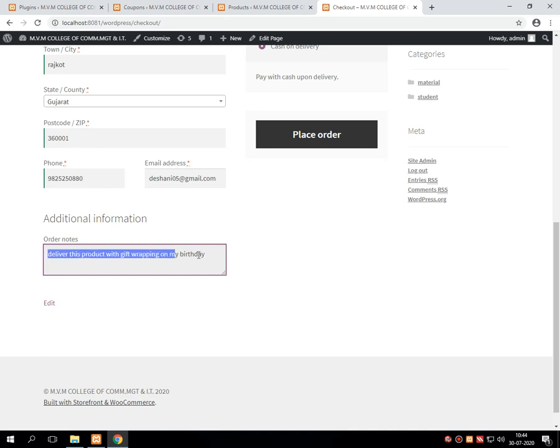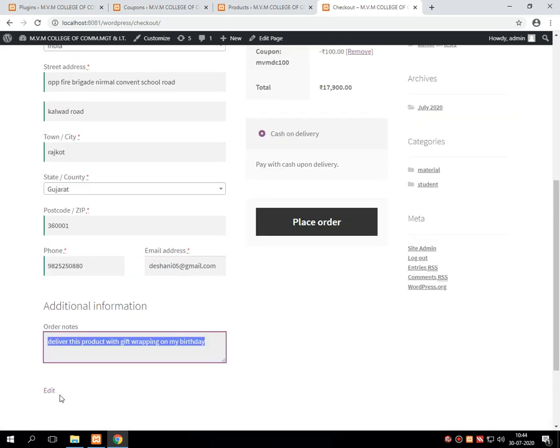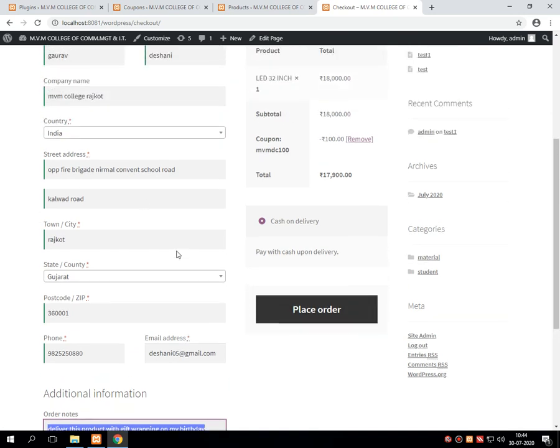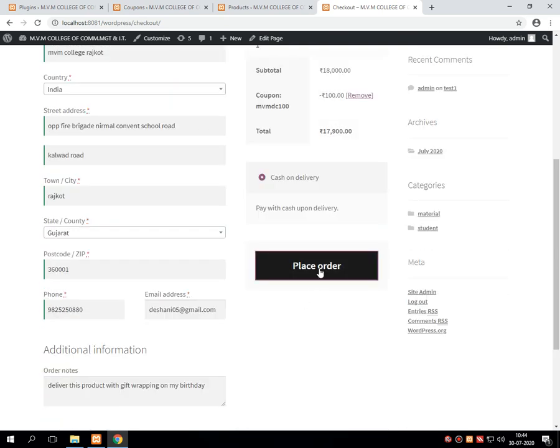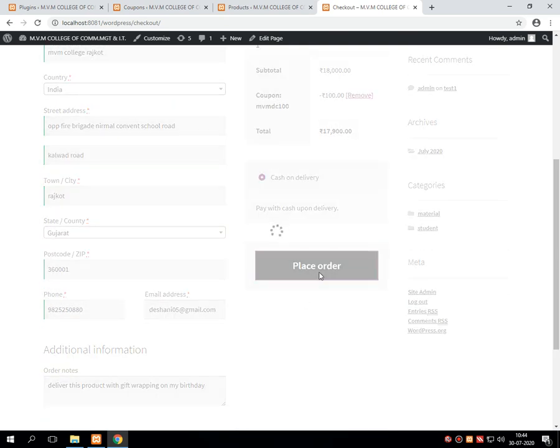This is a simple additional note that the user wants to give, and it can be edited at any moment before placing the order. So I think my details are correct, everything is perfect. So simply I am placing the order here.